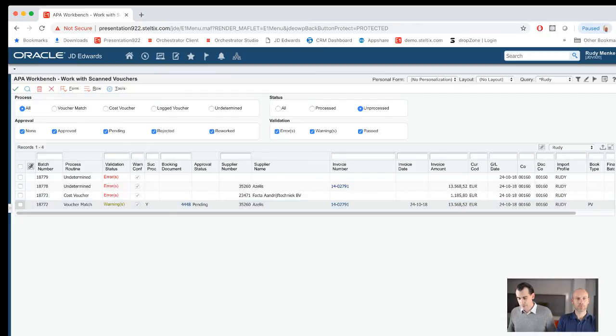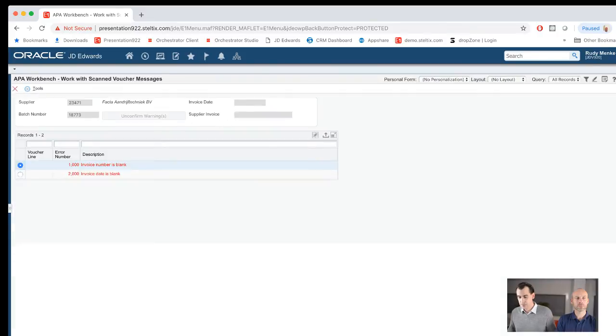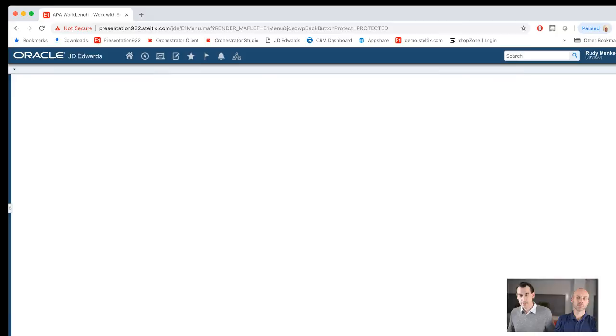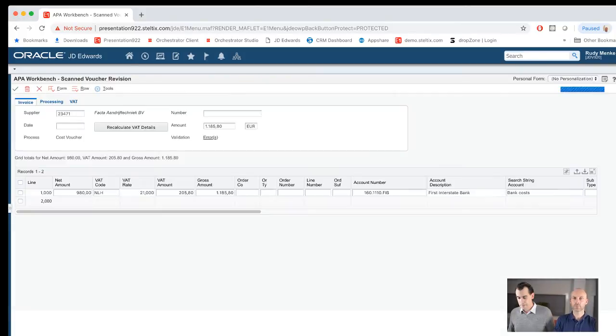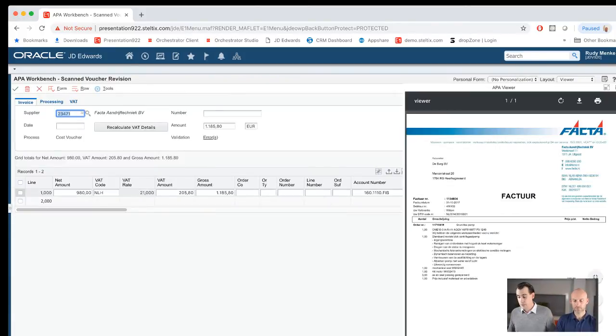Let's have a little look on our direct cost voucher. You see the cost voucher. First I click on the arrow button to see what it didn't capture. It shows the invoice number is blank and it shows the invoice date is blank. Okay, that's interesting. It might be that somebody made a scratch on the invoice and it didn't show. We're going to look into it, and we're going to map it manually